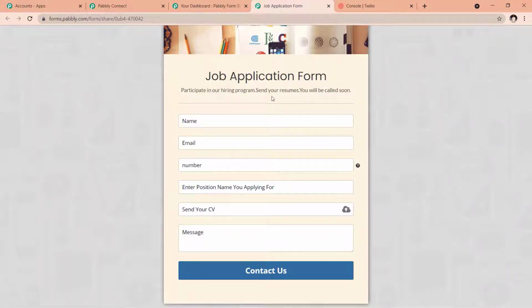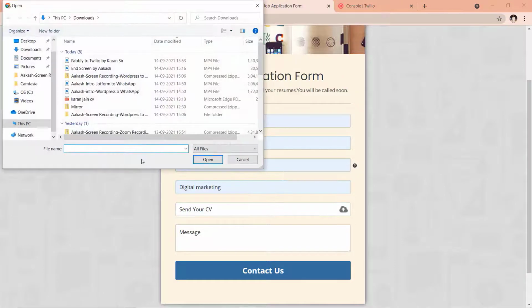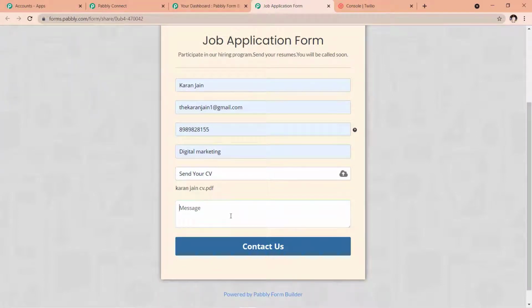Now let me show you an example here. Let's fill the form on behalf of our applicant and see whether the text will be received by the applicant via SMS or not. Let's say the applicant name is Karan Jain and this is the email ID. The number you can see on my screen. Here the applicant is applying for a digital marketing job, and let me upload the CV for the applicant. This is the CV of the applicant, and here in the message box, let's say the applicant types hello sir / ma'am,